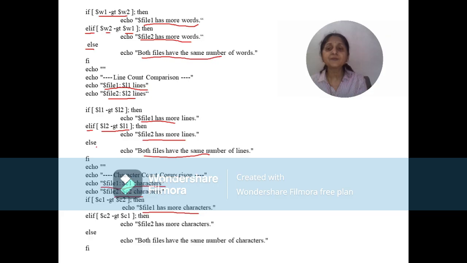If the condition is false, the control comes to the elif part and we check whether C2 is greater than C1. If this condition is true, we say file 2 has more characters. But if this condition is also false, the control comes to the else part and then we say both files have the same number of characters. We close our if. Okay.